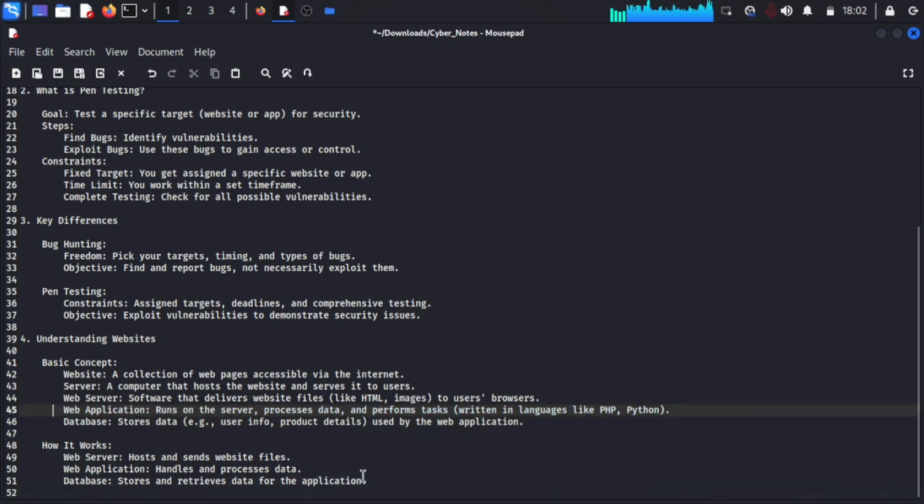So how does the combination of all these concepts work? The web server hosts and sends website files. Suppose I am a client, using my mobile to visit a shopping website, and I am requesting some product. This web server will serve me different shopping product files. Okay, and the web application,